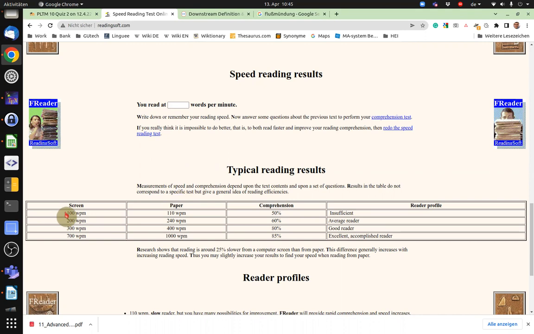So I told you the text has 850 words. So even a reader that reads on an insufficient level should be done after 8.5 minutes. So in less than 10 minutes, you should be through the text and able to score 50% of the questions in the right way. Though you can easily try to track yourself to see on which level you are, and maybe there is some room for more practice and improving,